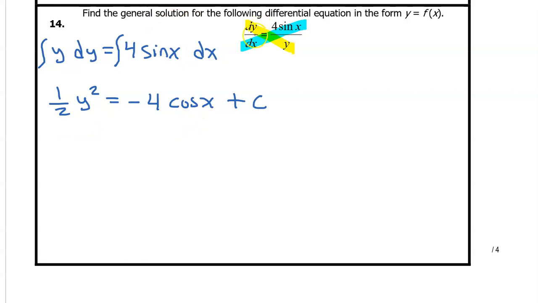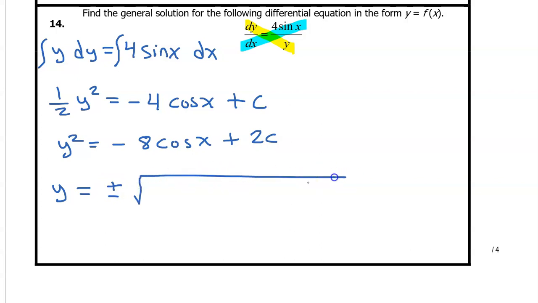This is a general solution to the differential equation, but we want it in the form y equals f of x. So we just have to get y by itself. Let's start by multiplying both sides of the equation by 2. So we will have y squared is equal to negative 8 cosine x plus 2c. Now we will take the square root of both sides of the equation. So we will have y is equal to plus or minus the square root of negative 8 cosine x plus